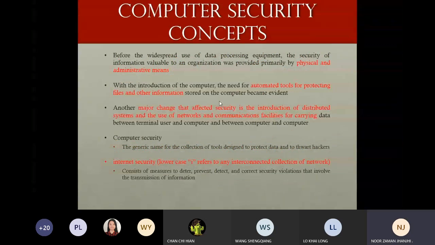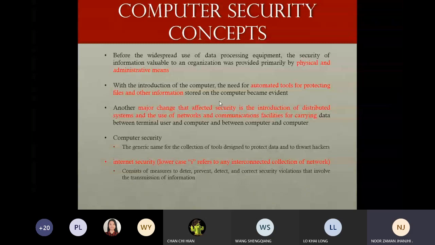Now, what are the concepts of computer security? I hope you understand, but this is just taking it from the past until now, for your better understanding. In the past, security was mainly concerned with physical administration or physical security. At that time, there was no logical security or encryption or computer security, because there were no computer systems.